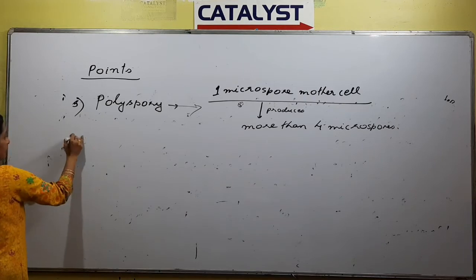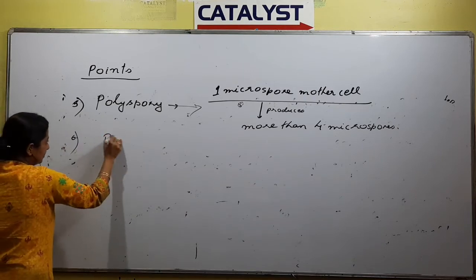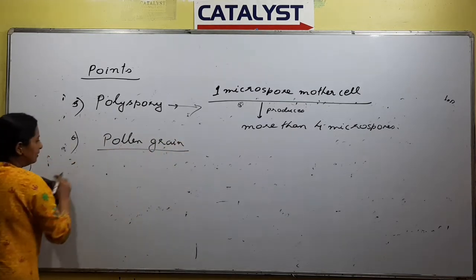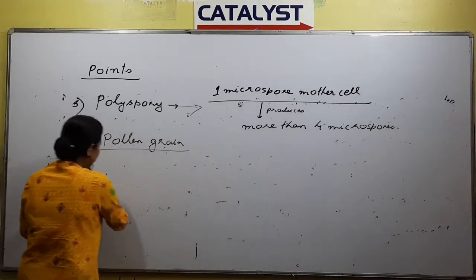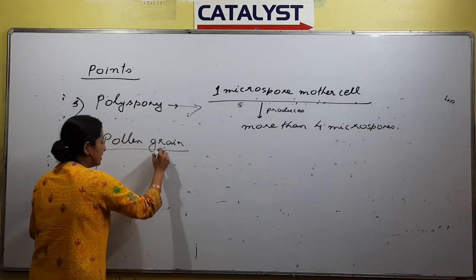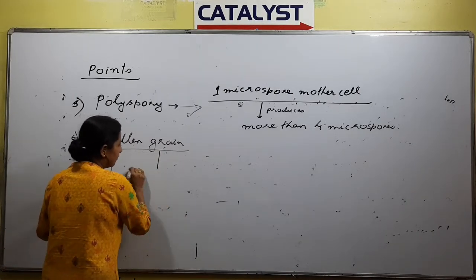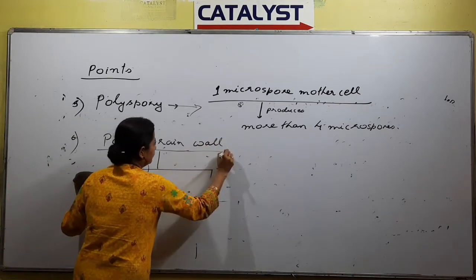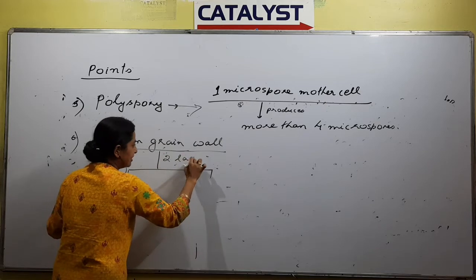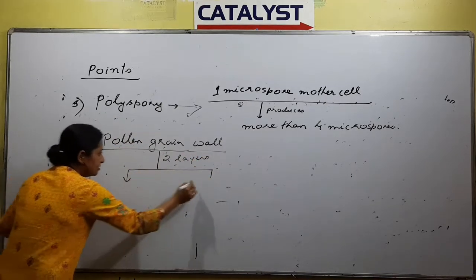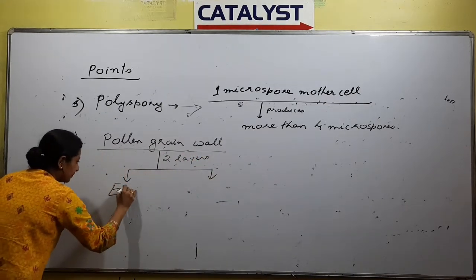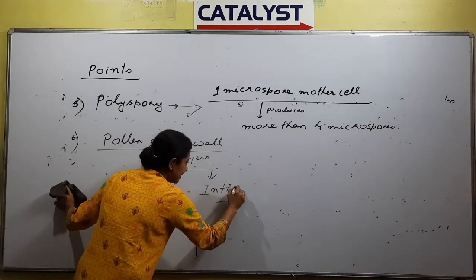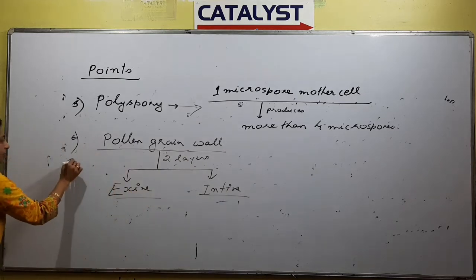Next point, we have to talk something about the pollen grain. Microspores are nothing but pollen grains, right? So we have to talk something about the wall of the pollen grain. There are 2 layers, right? And what are the 2 layers? Exine and intine, right? So if you are talking about a pollen grain like this,